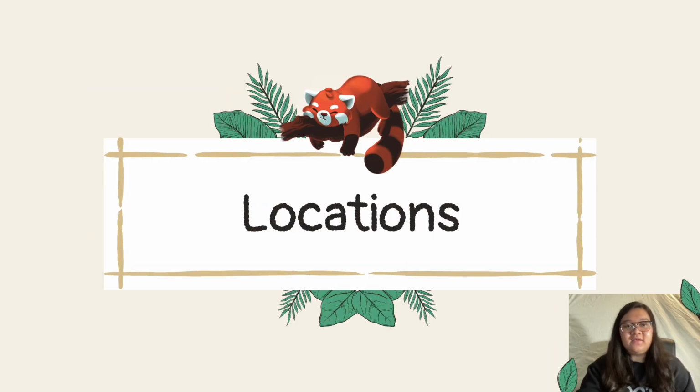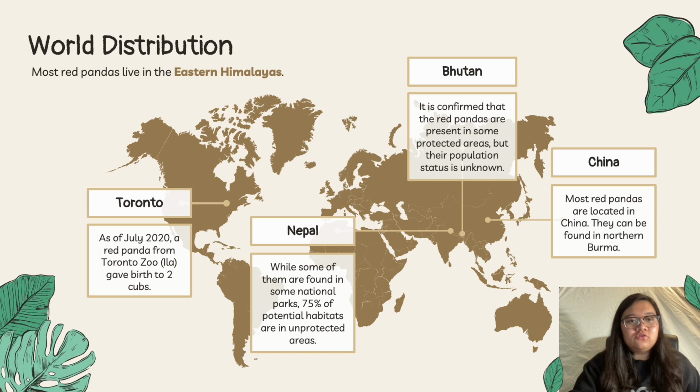So the next topic is locations and where they're located in the world and their ecosystem. So for their world distribution, most red pandas live in the eastern Himalayas, and some of them live in Toronto. As of July 2020, a red panda from the Toronto Zoo named Isla, she gave birth to 2 cubs, and